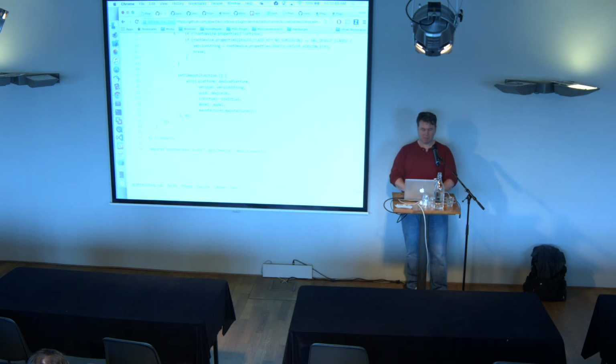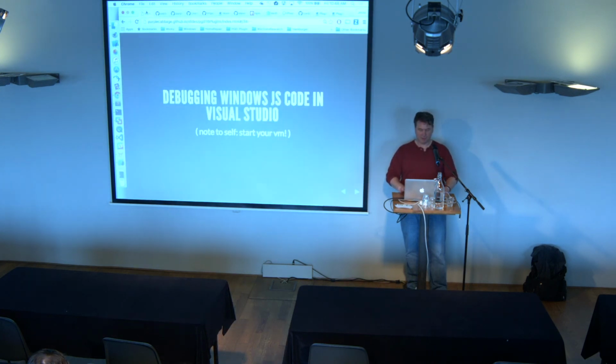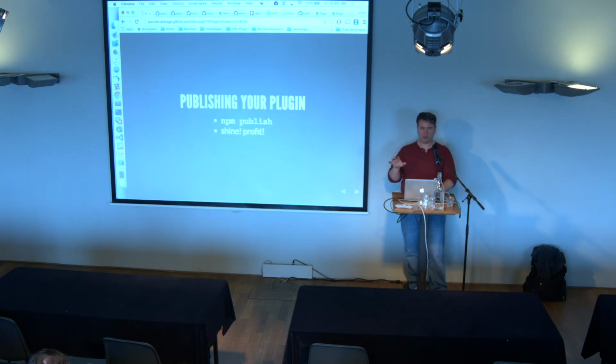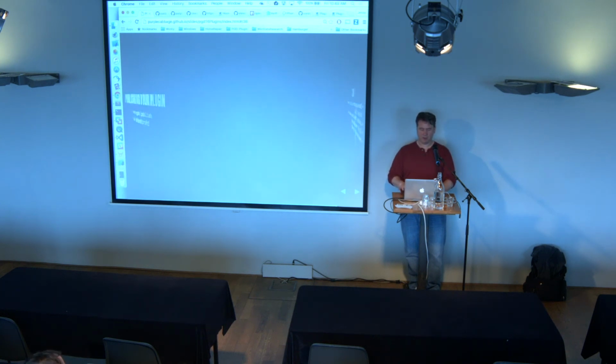Whoa, I'm running out of time. Okay, so I explained the Windows bridge and how that works, the proxy. Everyone have a fairly good understanding of the proxy, the way it's registered, and since there isn't really a native portion, it mimics the native portion. So npm publish, I already published a plugin for you. So then you go and you make millions of dollars with your plugin. I haven't actually figured out how we can do that, but